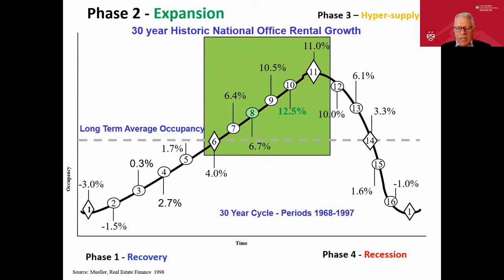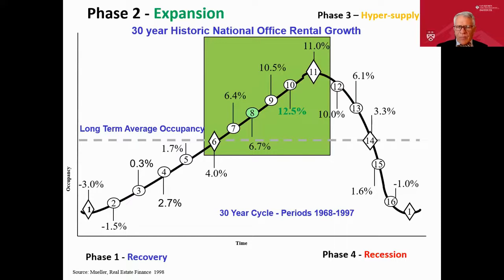So I did a study that I published, and this is one of the things I'm well known for, on what happens. Looking at the 54 largest markets in the United States, I looked at their average rent growth, and at the bottom, at points 1 and 2, negative rent growth, as you would expect. Then it starts turning positive. When we get to point 6, the long-term average, you can see that rent growth averaged 4%. And over that time frame from '68 to '97, that was about the rate of inflation. So at point 6, you get inflation.